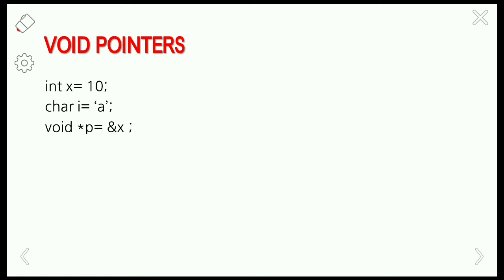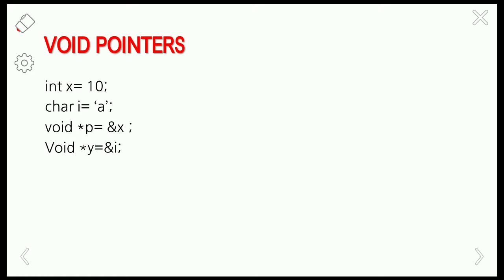same type. Next one is the char i equals a. We can convert this into a generic pointer like this: void pointer y equals address of i. Here the variable i is of a character type and we are assigning the address of i to the pointer y.